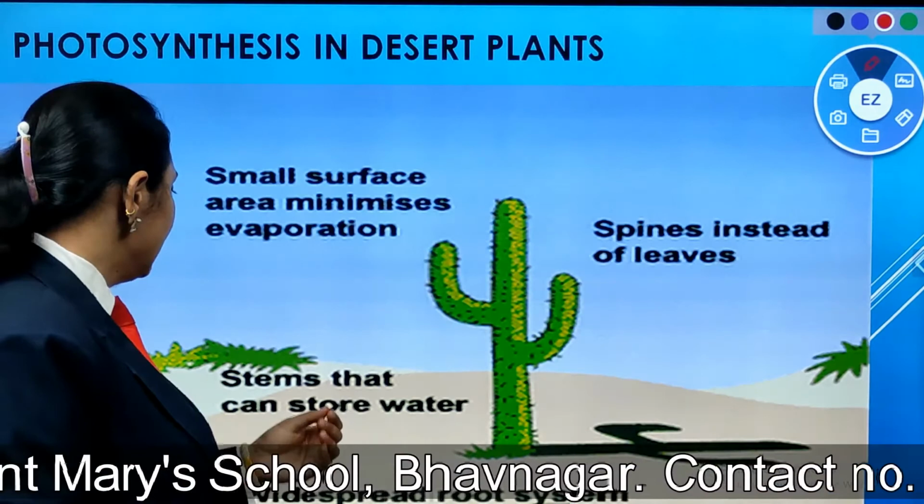How? Because if photosynthesis is not there, then the plants are not going to perform that process. Food is not made by the plants, and ultimately we living organisms depend on green plants for the food they make through photosynthesis. Secondly, oxygen is also released by the plants. If photosynthesis is not there, then most of the living organisms are going to die within a week. So note down why it is important.